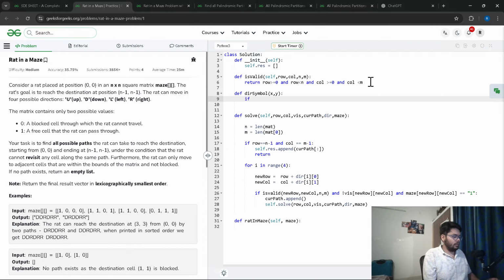If x is equal to minus 1 comma 0, we go up; 0 comma 1, we go down; 0 comma minus 1, left; 1 comma 0, right. If x is minus 1 and y is equal to 0,